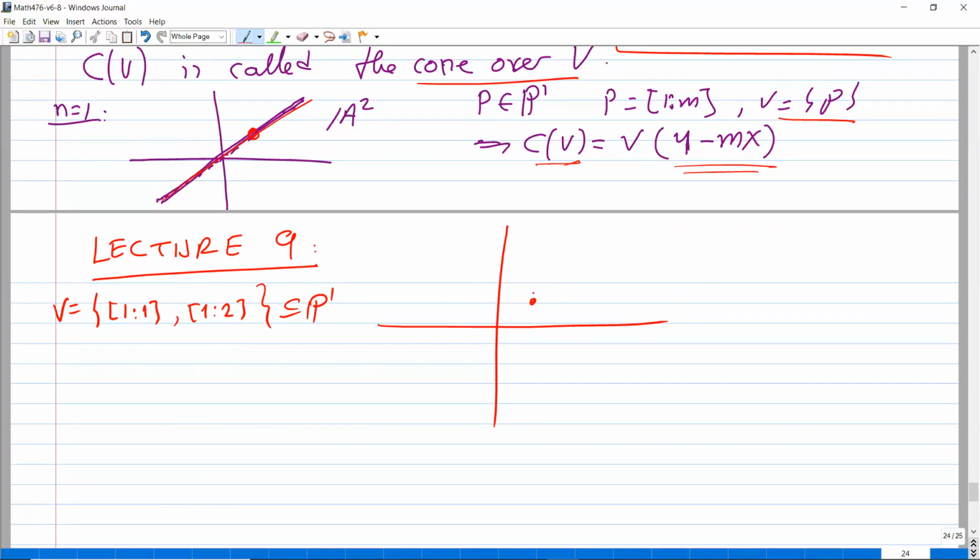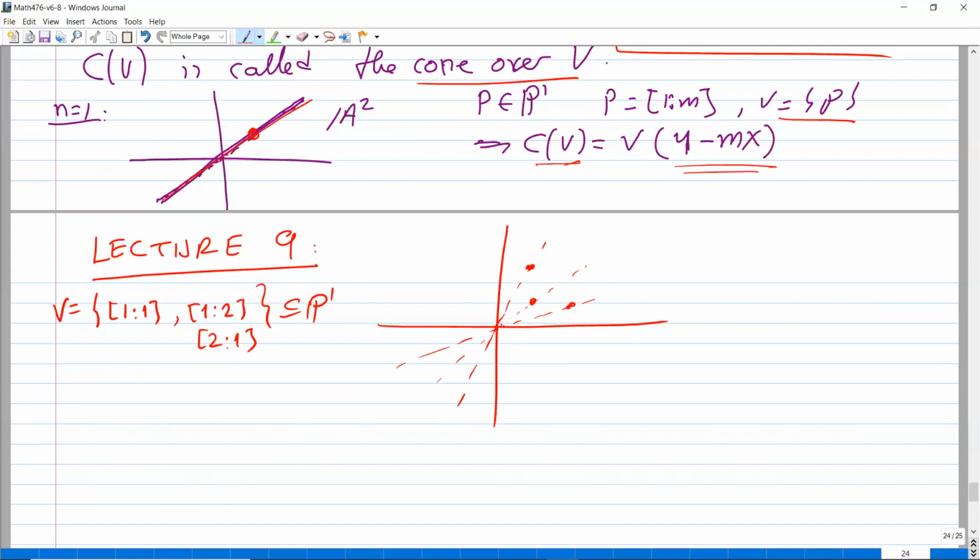So it is this line. So this line, for example, and let's also include (2, 1), three points. V consists of three points. So this point, that point, let's say this point, (2, 1). So name the class of this (2, 1). So that is this line. So it has three elements, and